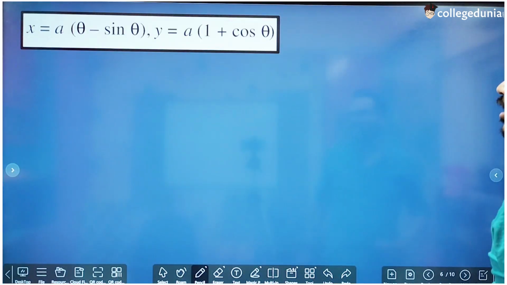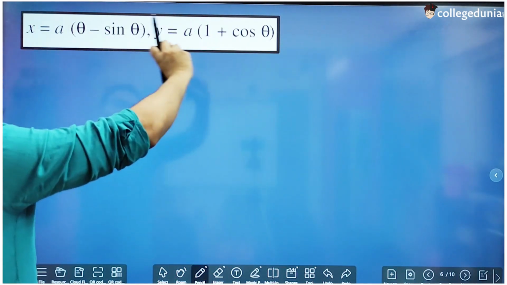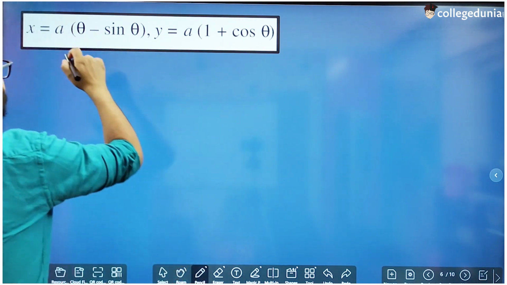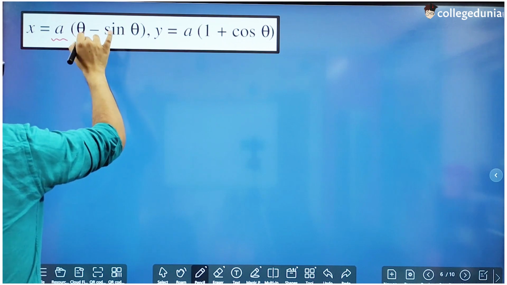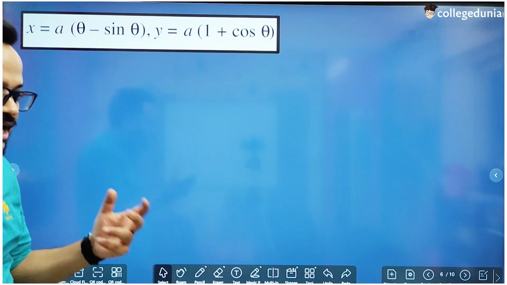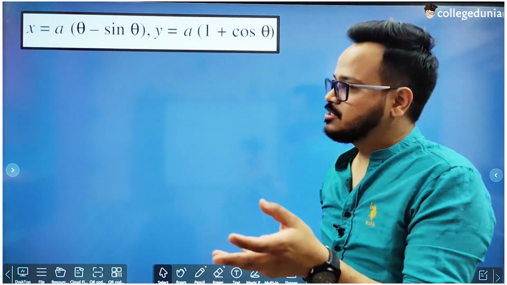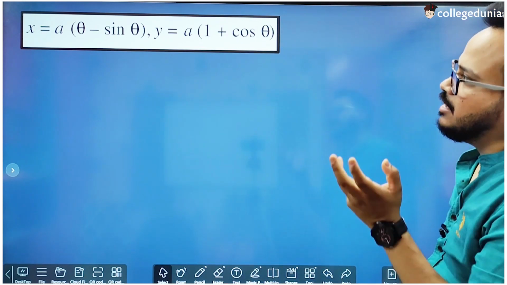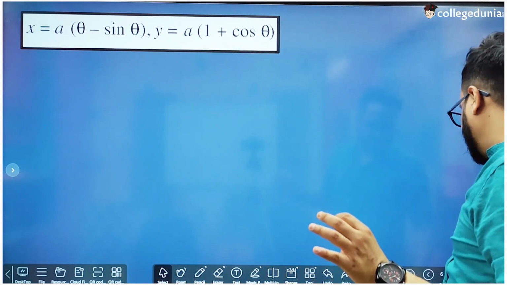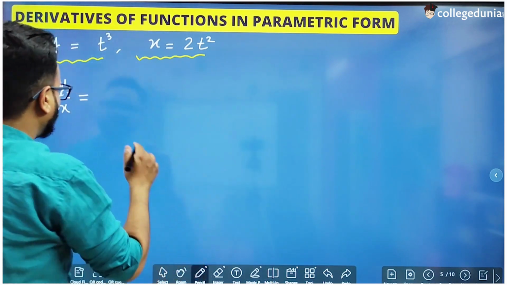For example, this is a question from NCERT and it is directly written: find the derivative dy by dx. So x is given. Some students ask, sir, x is given as a function of a or theta? In this case x is given as a function of theta, so theta is the parameter, not the perimeter. Theta is the parameter, a is a constant, and in y also theta is the parameter, a is the constant. So only theta and t are parameters, right? That is something we are taking by default, so just keep that in mind.